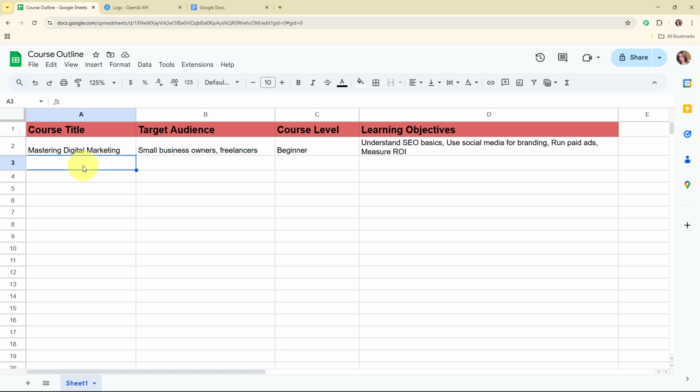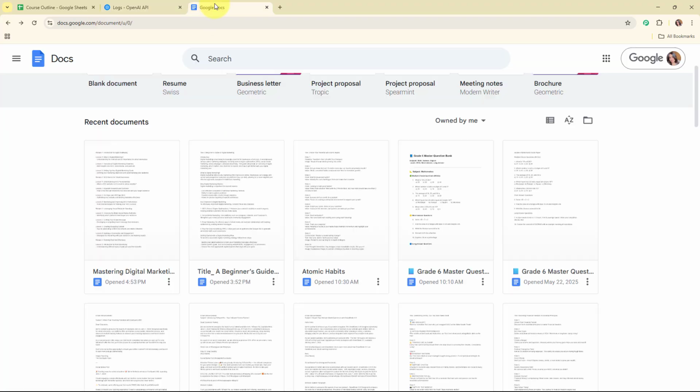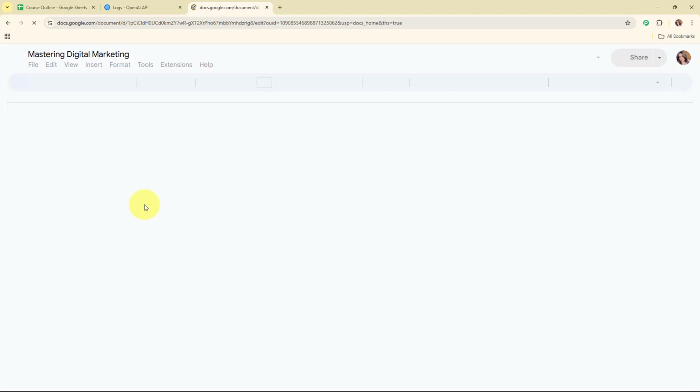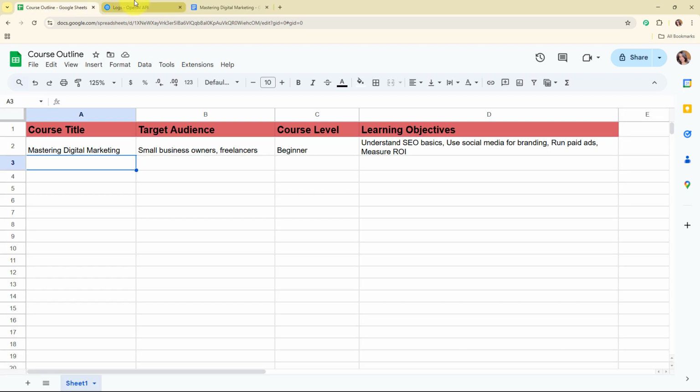to my students. Alright, so here on my screen you can see the Google Sheet that I've created with the name course outline, and these are the fields that I've added over here. So now here my objective is, as soon as I add a new detail over here in my Google Sheets, then automatically using the details, OpenAI should generate the course outline. And after generating the course outline, automatically that should be added as a new document in my Google Docs account like this.